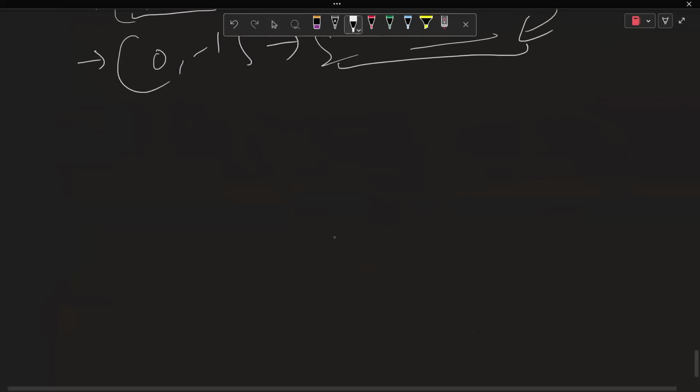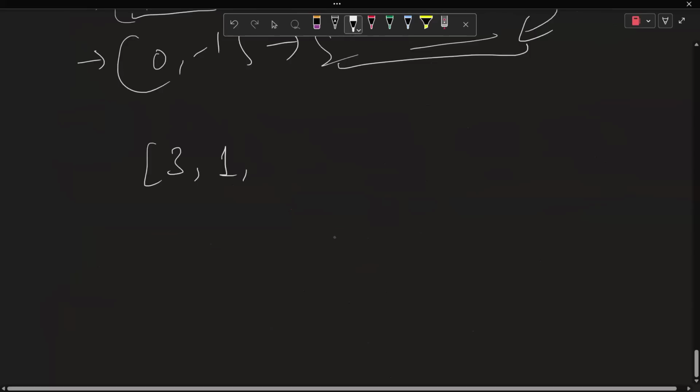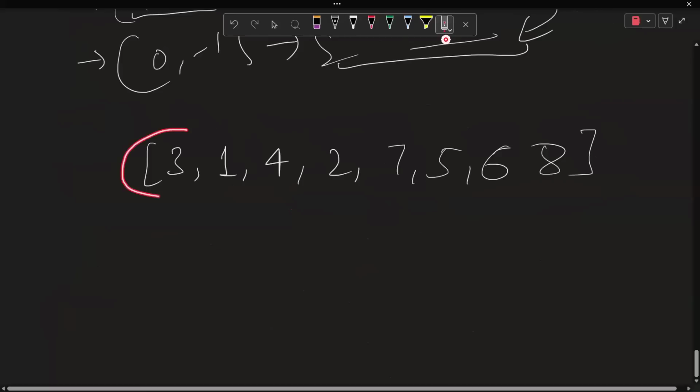Okay, let's take a better example. Let's say 3. Okay, let's say something like that. Let's take this array of size 8. So we have 1, 2, 3, 4, 5, 6, 7, 8. We are given a permutation of size 8. We need to compute for each index, for this index, if we swap these two, whether this, okay,